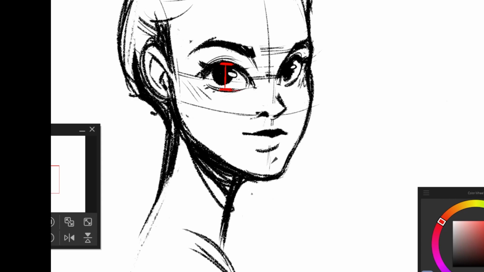But I thought this closer eye might be a little bit taller than the far eye. So I'm just going to check again. And yeah, actually they were pretty good. It would have probably been fine if I hadn't changed it. But I thought, oh, I can just make this far eye just a little bit bigger, because I have been bitten in the butt so many times by publishing a piece of art and then noticing that far eye way too small. So now I would rather it be even a little bit taller than the close eye, just to be safe,